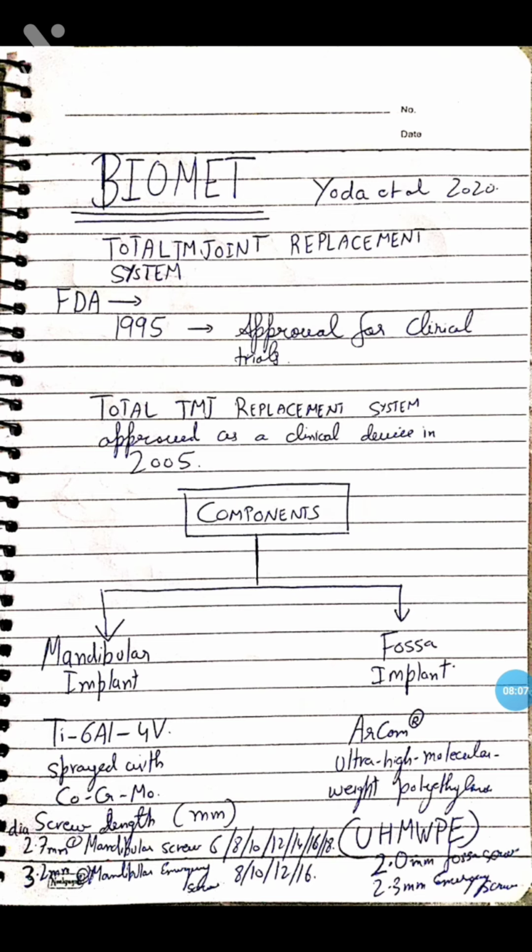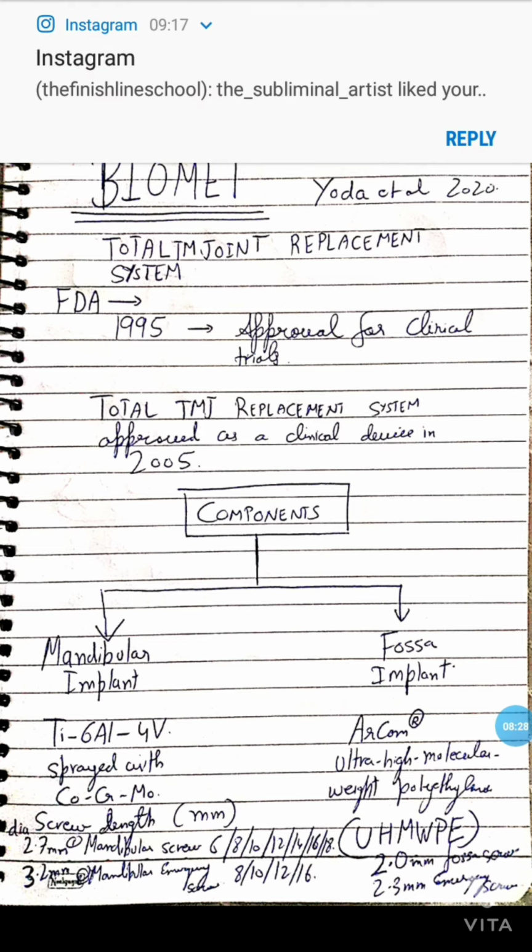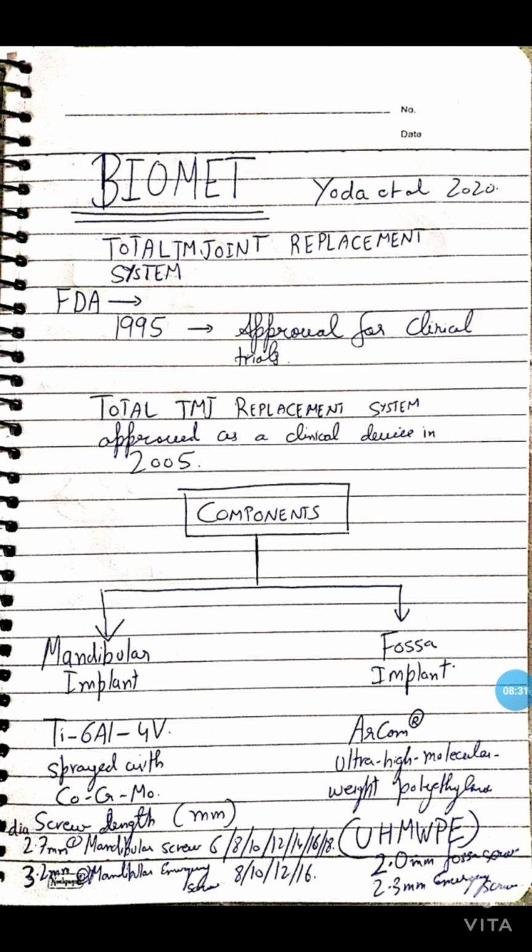Now coming to the types of screw diameters. Before I explain these screw diameters to you, I'm just enumerating them right now, and I shall be explaining them in further detail much later. So screw diameter is 2.7 mm and 3.2 mm for the mandibular implant. And the screw length, that is the depth to which the screw will go, can range anywhere from 6 to 18 mm. So you have the normal screw, then you have the emergency screws. The emergency screws range from 8 to 16 mm. That's the depth to which they will go into the bone, or the height of the screw.